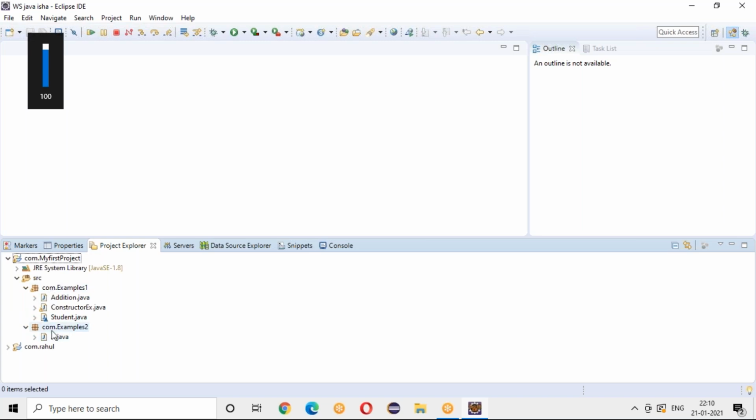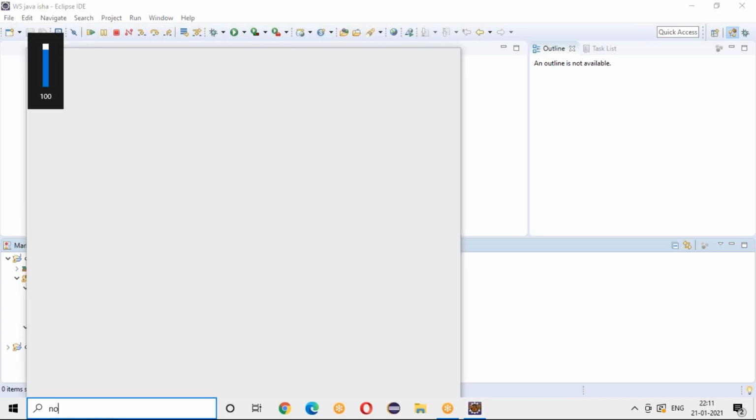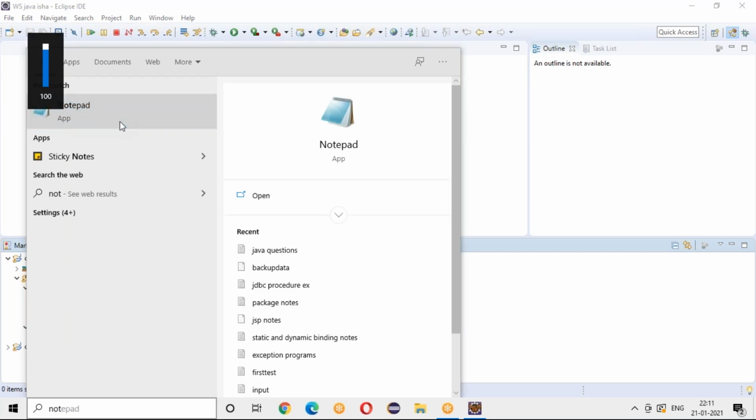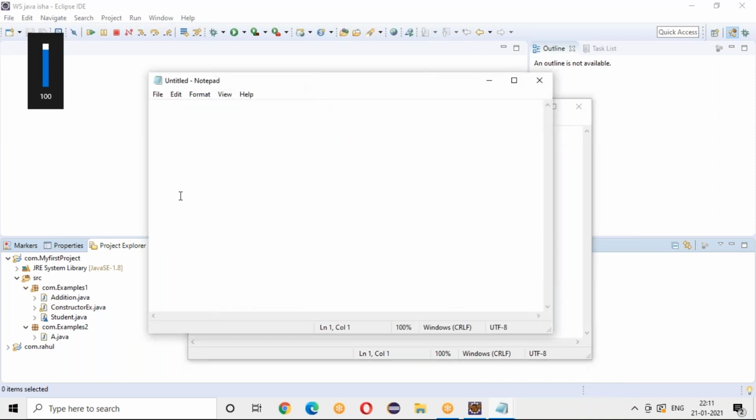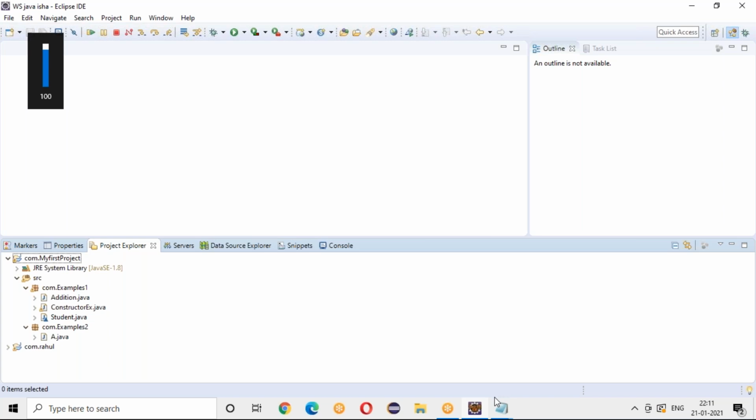So today we'll see a small topic on abstract and interface concepts. Generally, what is an abstract method and what is an interface? Whenever you write a method, say I have a class A and I write a method called M1, in this M1 method I'm going to write some logic.